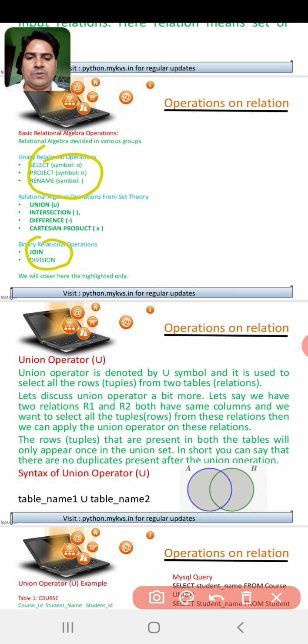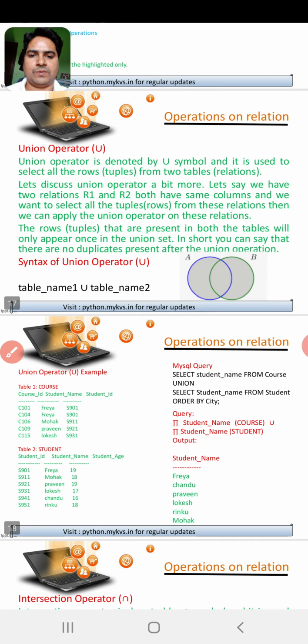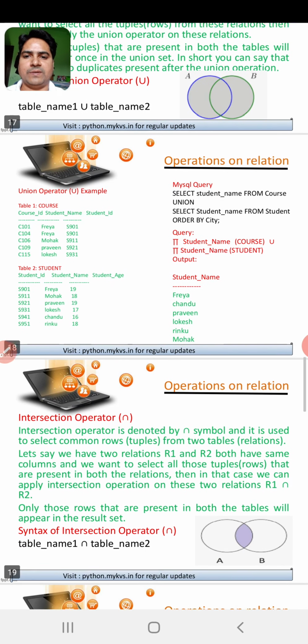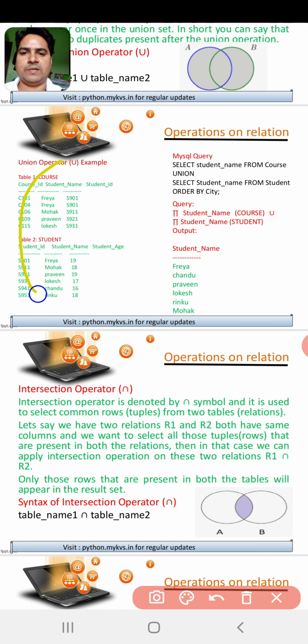Now we are going to see these 4 operations. Actually 3 operations. Cartesian product query form has already been told to you yesterday. Union, intersection, and difference. Query form of union, intersection, and difference will be covered here. First operation on relation is unary. We have taken 2 tables, course and student. Here you can see it. There are 2 tables, course and student.